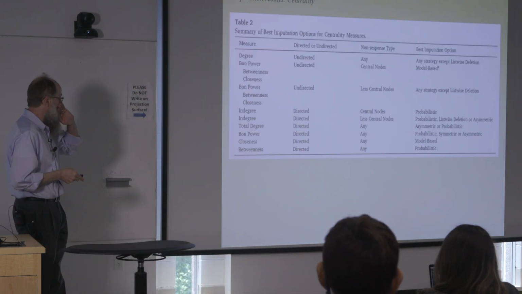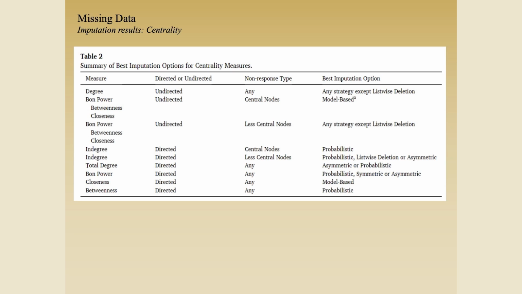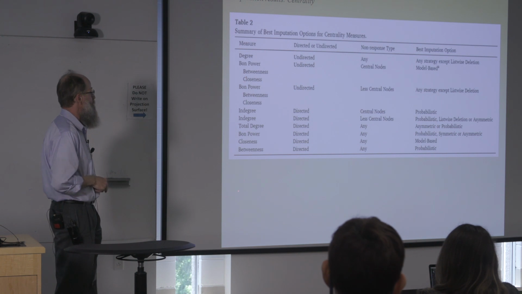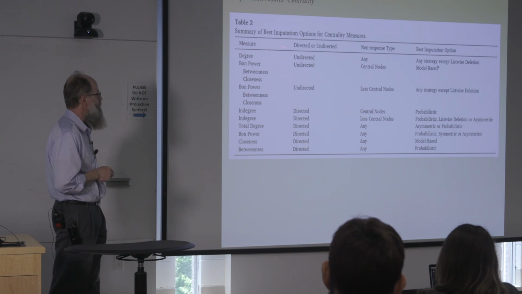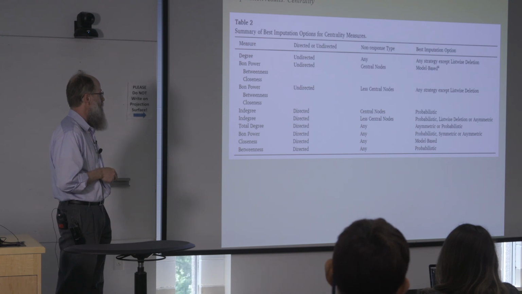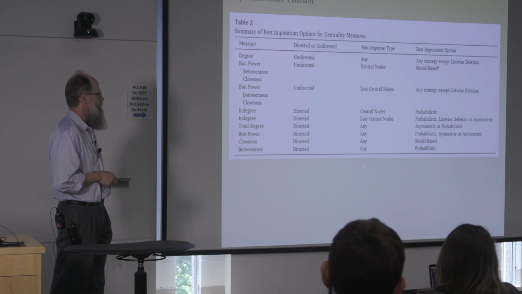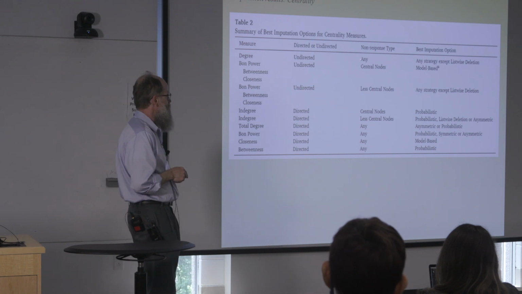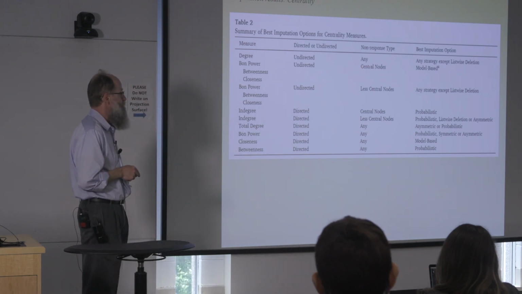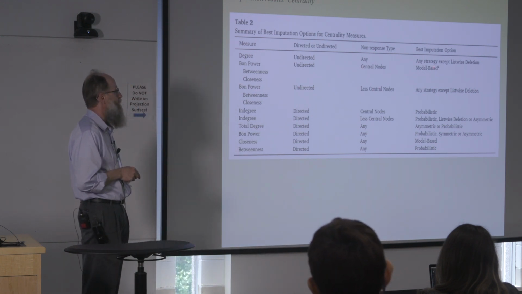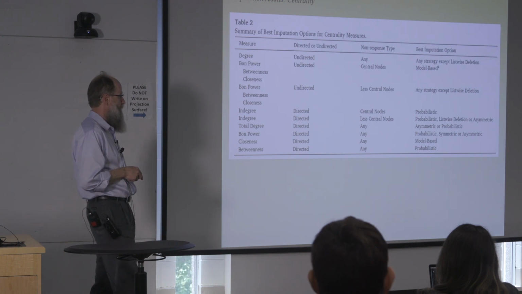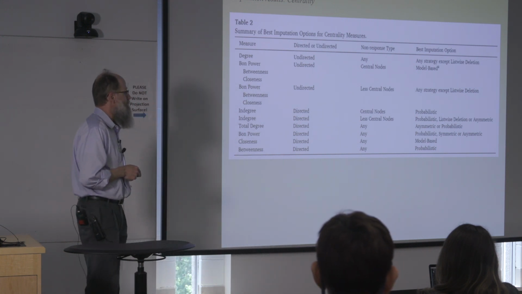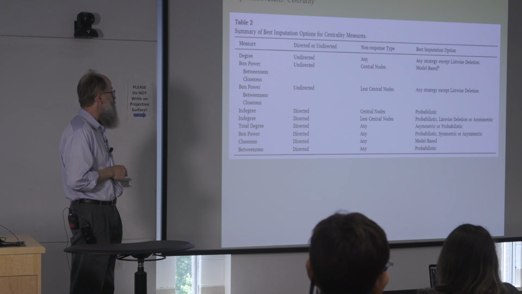So what should you do? Again, there's no simple answers. It depends on the kind of network you have and the kind of measure you're trying to do. So the summary of the best imputation models for any centrality measure is going to be, depending on whether or not your network is directed or undirected, the kind of response type you have, so whether or not you're dealing with central nodes being removed or less central nodes, for example, and then this tells you what the best response category is. The good news is that most of these strategies actually work pretty